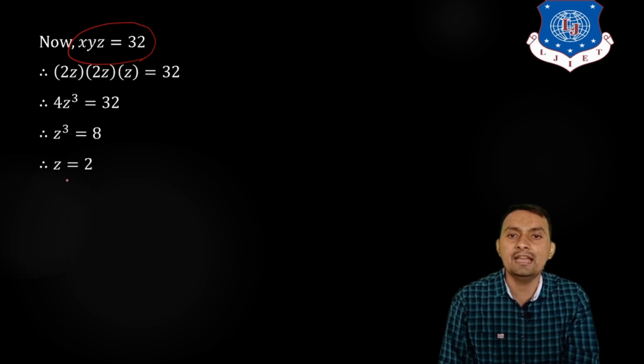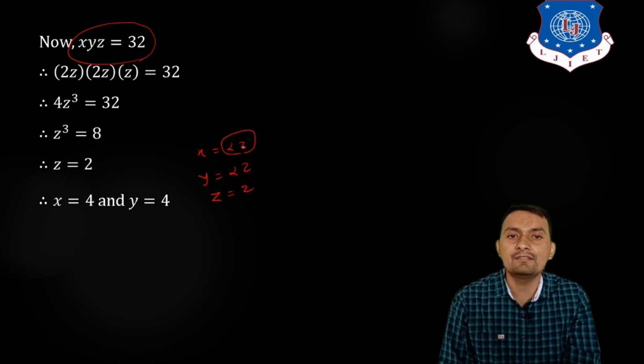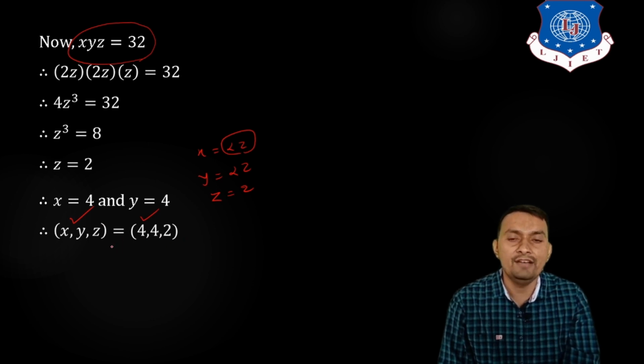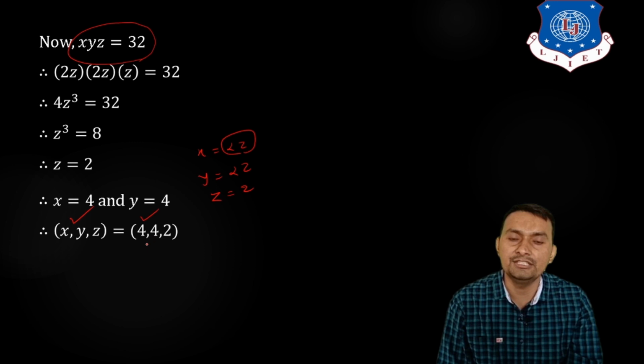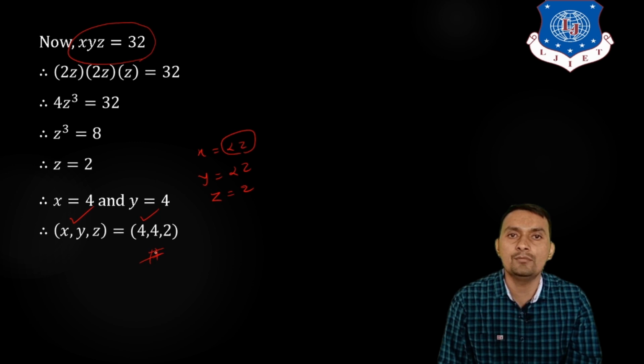So from this we get z is equal to... So x will be 4, because we have x equal to 2z, y equal to z, and z equal to z. That is already considered. So z is equal to 2, our x will be 4, and the same for y is equal to 4. Also you can say that x, y, and z, the dimensions, are 4, 4, 2, and when you take its volume, 4 into 4 is 16, 16 times 2 is 32, and that is what we want. So this is our final answer. The dimensions are 4, 4, 2.